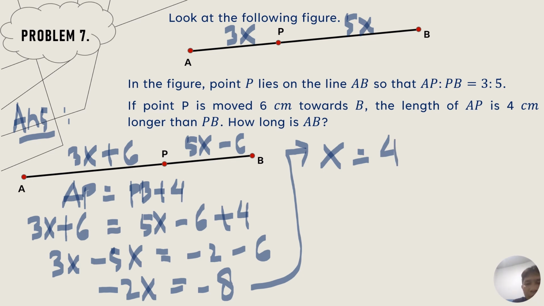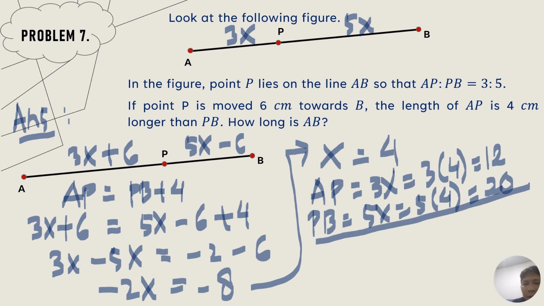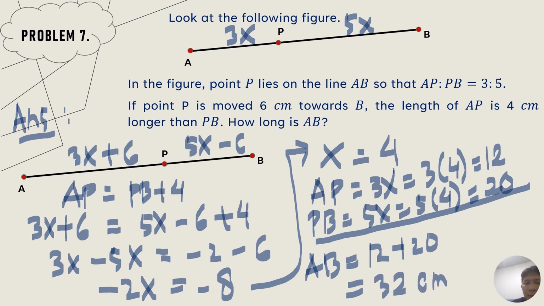According to that, AP equals 3x. 3x means 3 times 4 equals 12, and PB equals 5x, so 5 times 4 equals 20. Then, according to this, the length of AB equals 12 plus 20, so we have 32 centimeters. Okay,